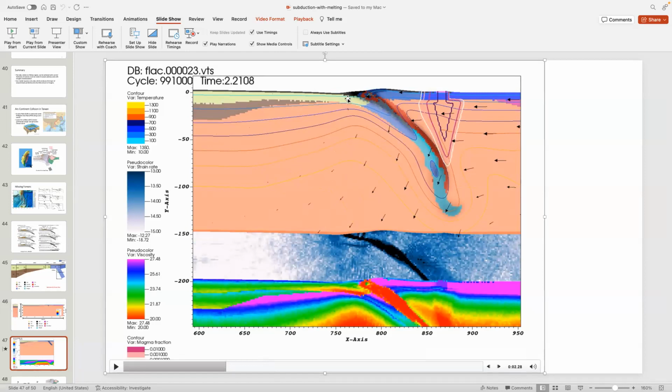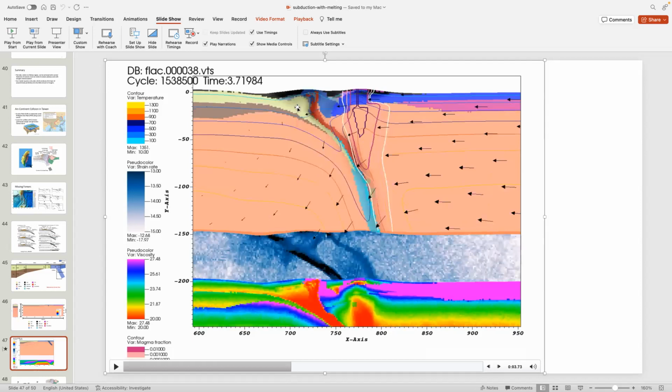In the beginning, there is about 10 kilometers thick of continental crust, and after it resists subduction, that means it will thicken in this region. So eventually, it will become 20 kilometers thick. And also the